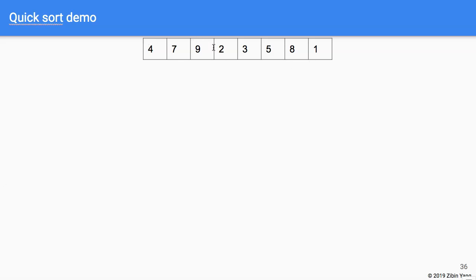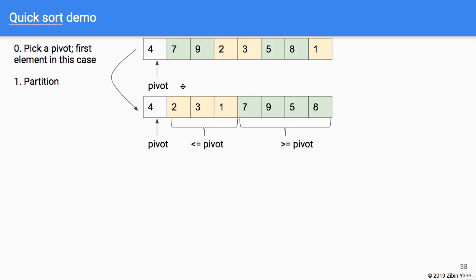So this is the input array of 8 numbers. And the first thing we do, as we said, is pick the pivot. And again, in this case, we're going to pick the first element as the pivot. Then we're going to go through the entire input one at a time to figure out all the elements that are less than the pivot. Pivot is 4, so 2, 3, 1, they're all smaller than the pivot, and we're going to put them in one partition. And then we are going to put all the elements that are bigger than the pivot, 7, 9, 5, and 8, into the